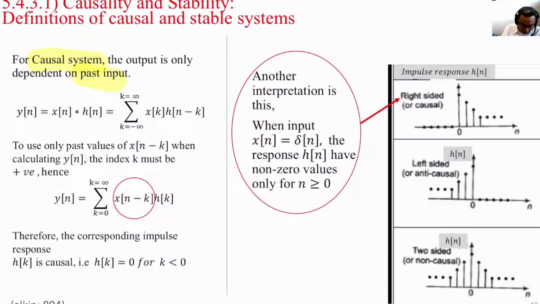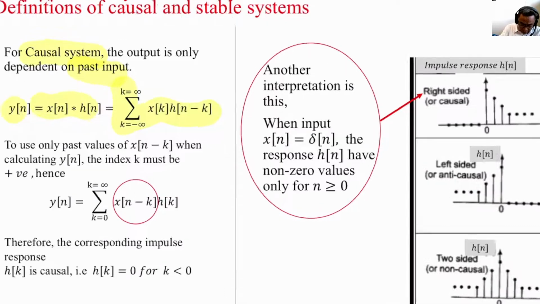Okay, and therefore y of n is only dependent on x of n. It cannot depend on future x of n plus 1. It can only depend on x of n and x of n minus 1, n minus 2, and so on. So if you look at the general convolution equation,